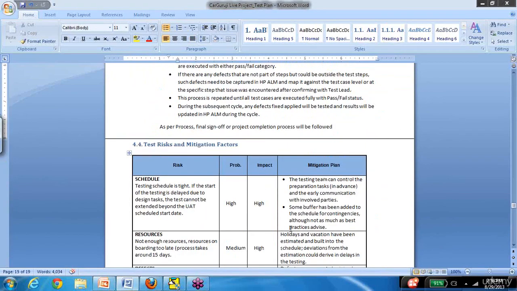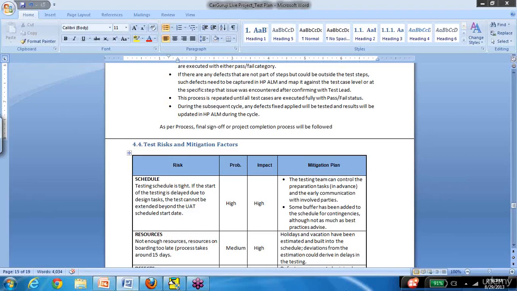Any questions, team, or anything you think that I have not included? Or anything that you want me to go over one more time? Again, I chose HPALM as the tool that I'm going to use for defect management. You can choose anything else. If you choose Bugzilla as the tool that you're going to use, include details about that tool.